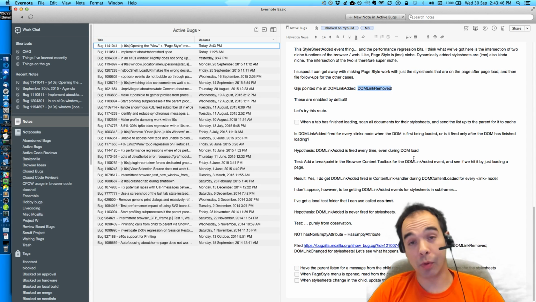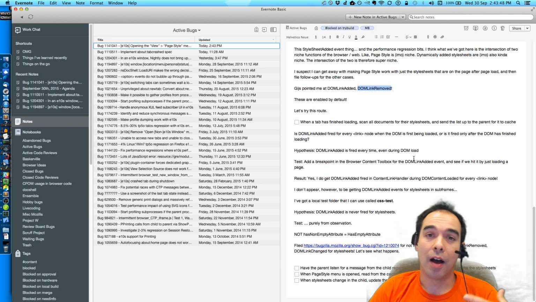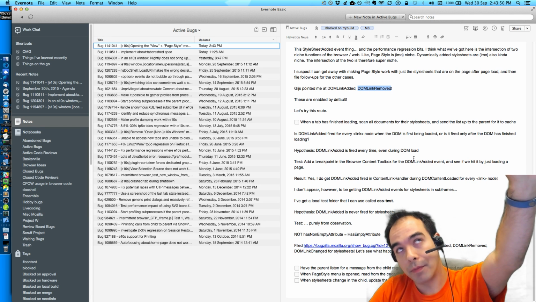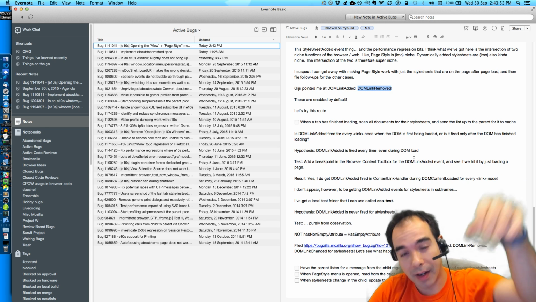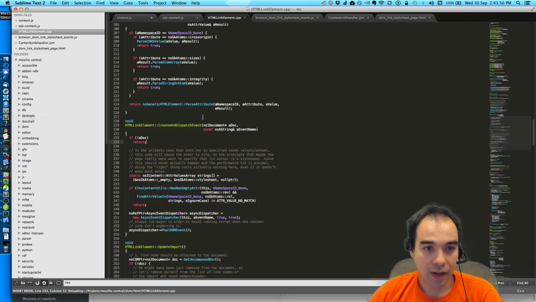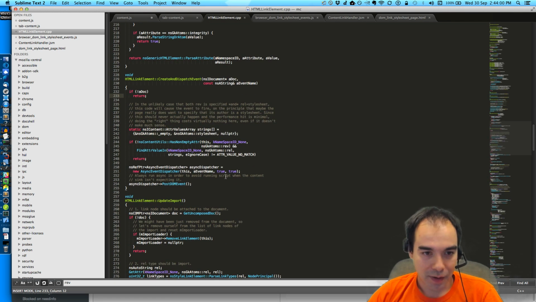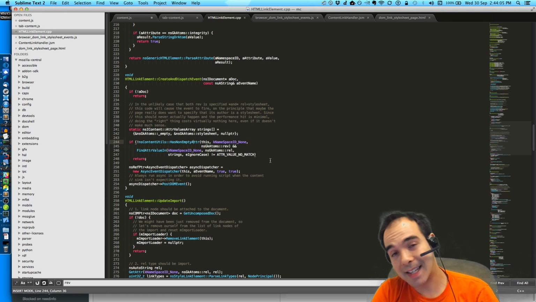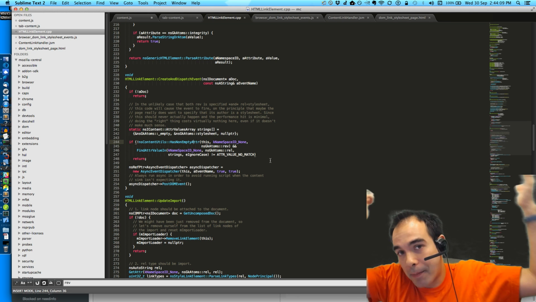We explored multiple levels, from the chrome content script level down into the guts of the HTML link element, and untangled what this was. Then we wrote a test case, and now we've filed a bug, and we'll see what happens.